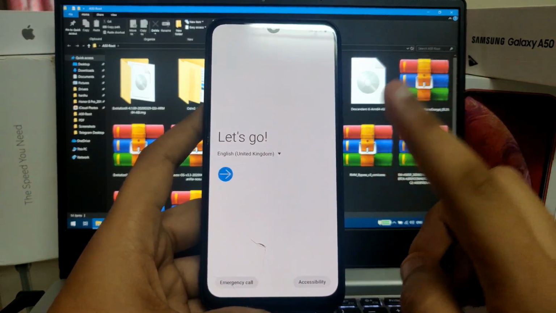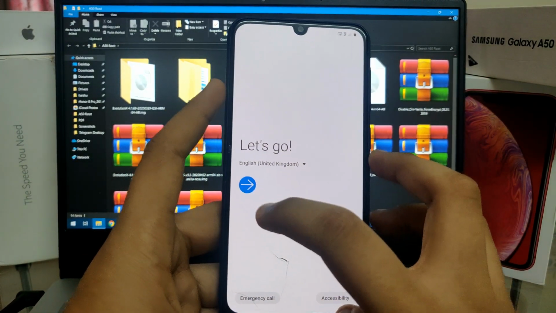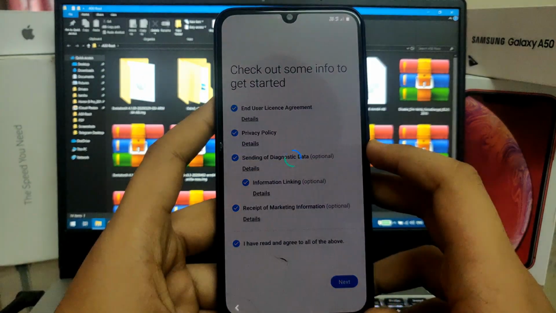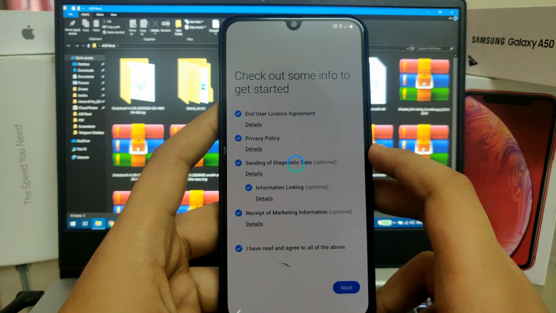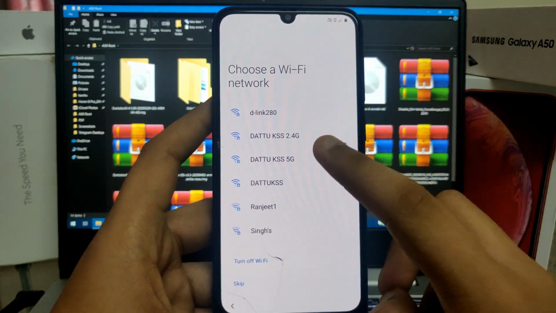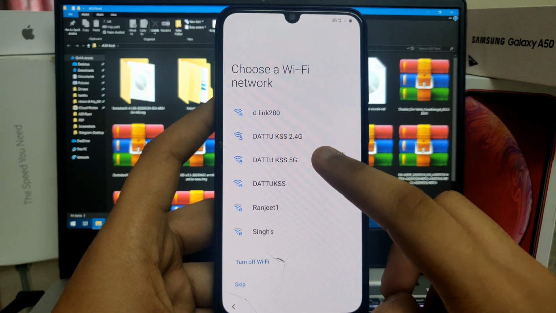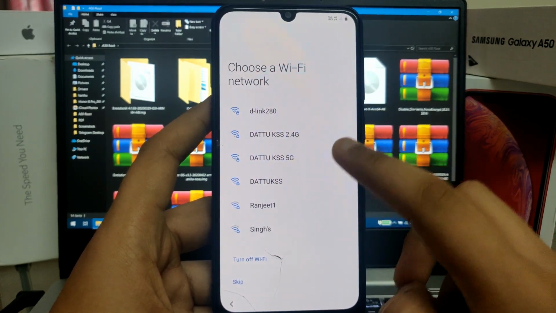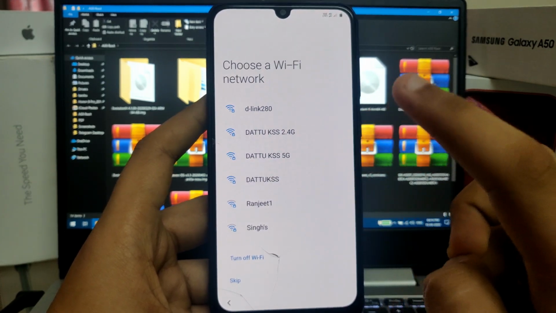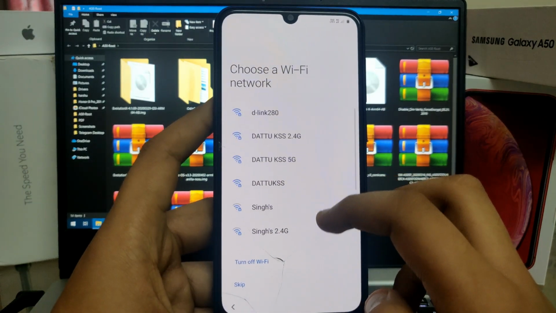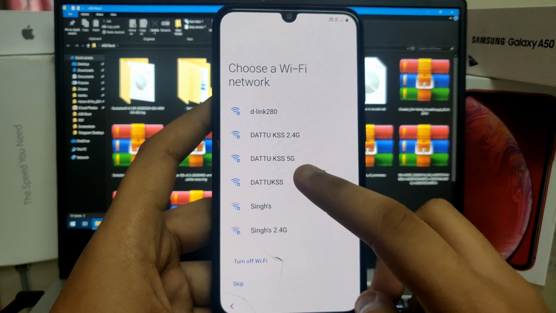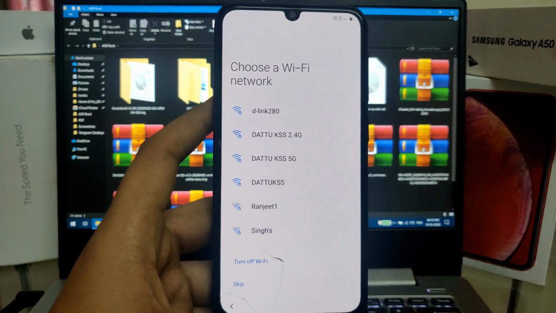As you can see, the phone has booted up. To set up, give all the permissions because we're not going to stay in One UI. Let it load and connect it to your Wi-Fi, because KG prenormal is a situation that you'll cause without connecting to the Wi-Fi, and the unlock bootloader option will not be visible for 4 or 5 days. So I highly recommend you connect to Wi-Fi or mobile data.